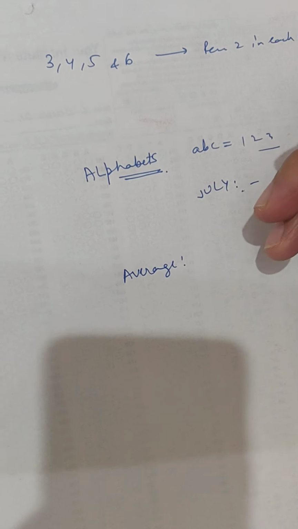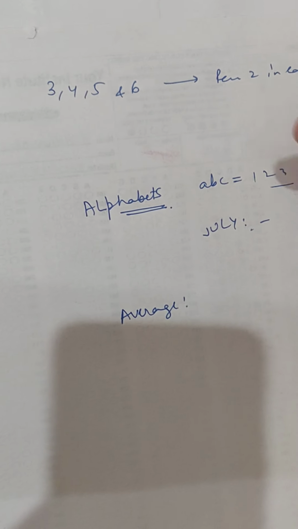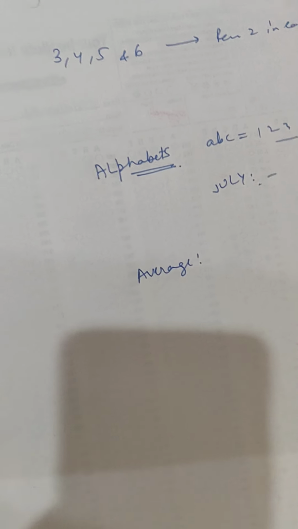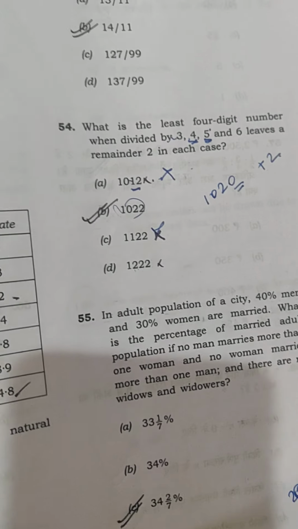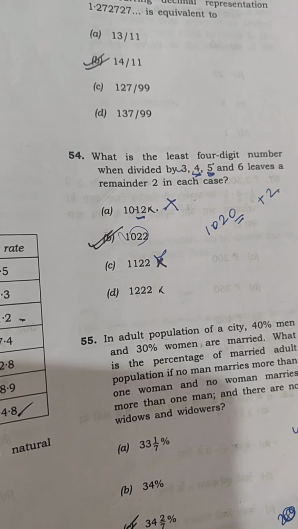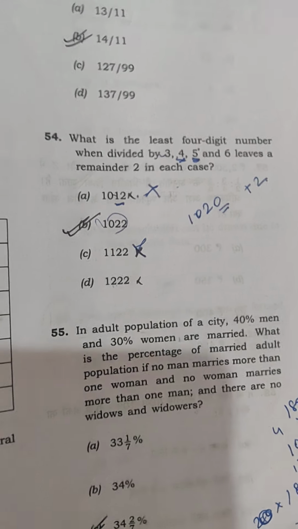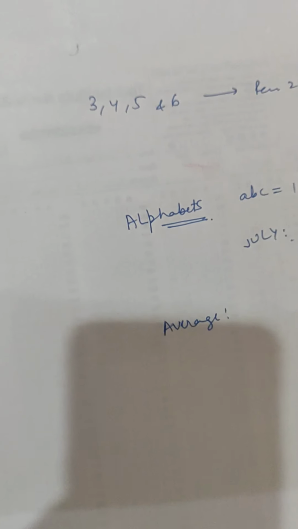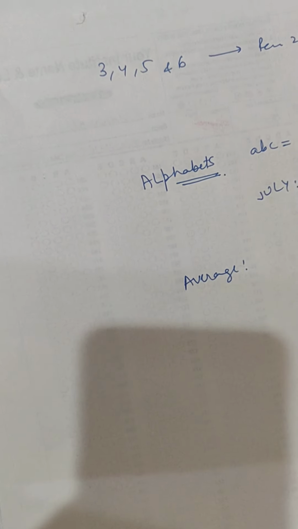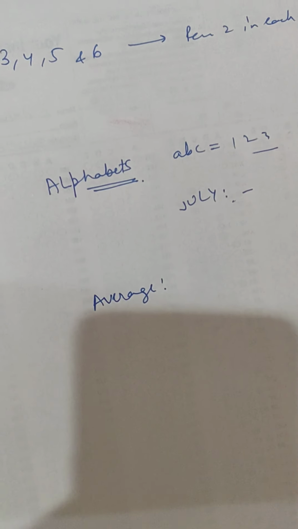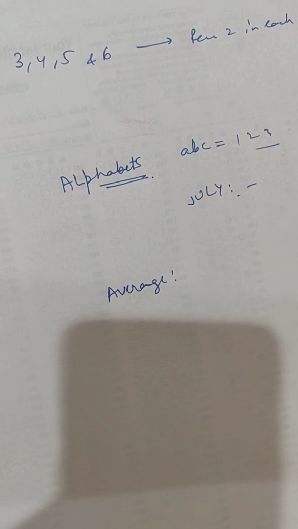In aptitude, remainder is a concept, and you can frame questions in any sense. This is one way. The second way is that they'll give you a month and a year and ask for the date, like in 2019 they gave a question on 2009 that we recently solved. So remainder is just a concept. You just have to know how to use this concept.